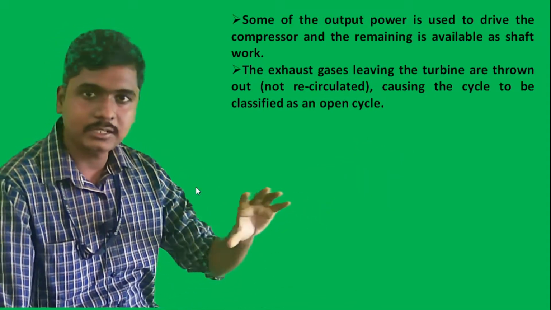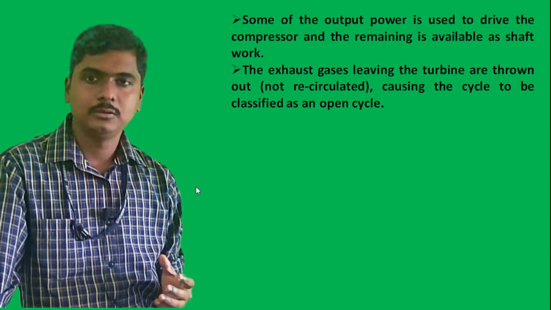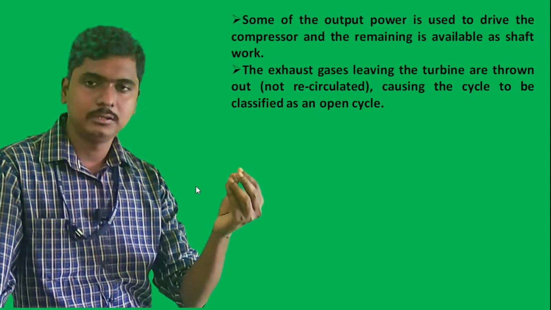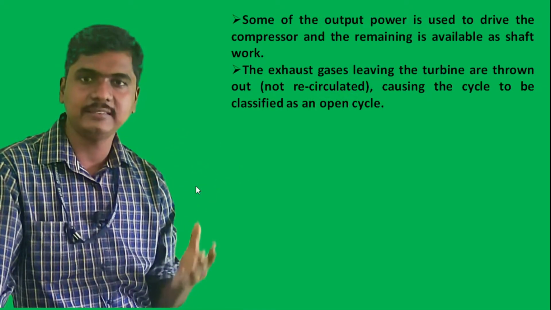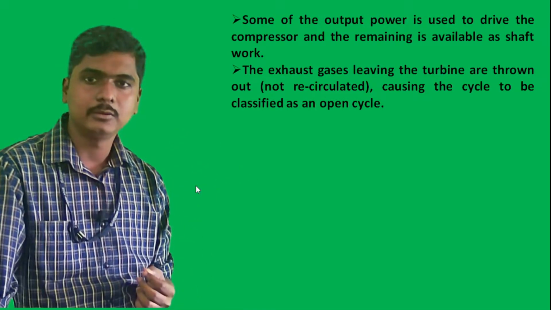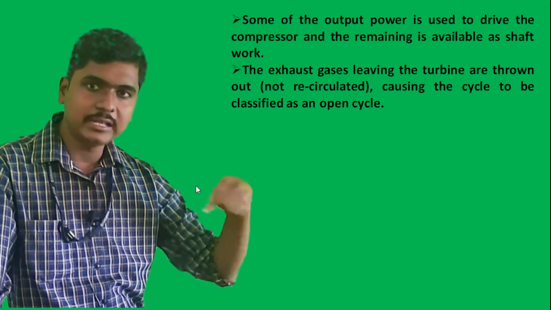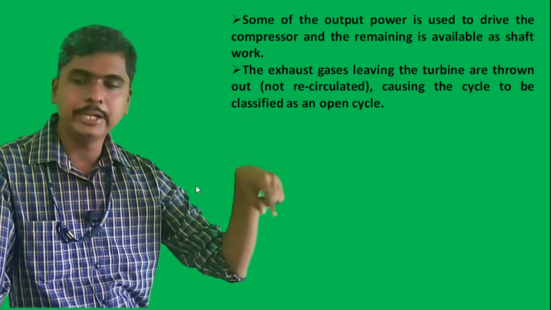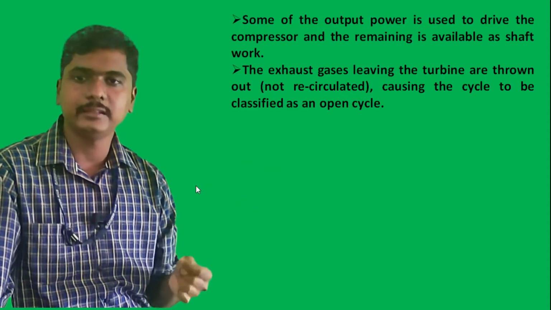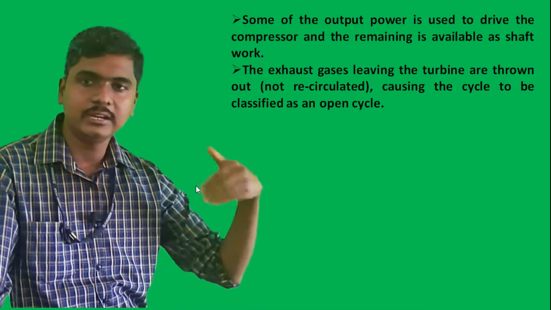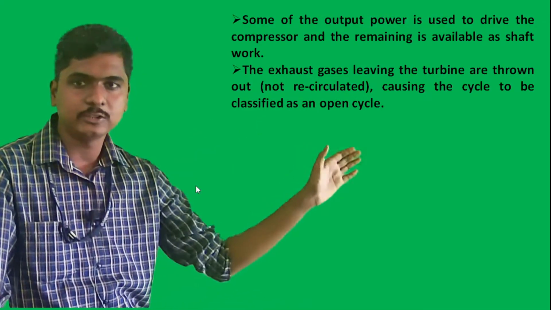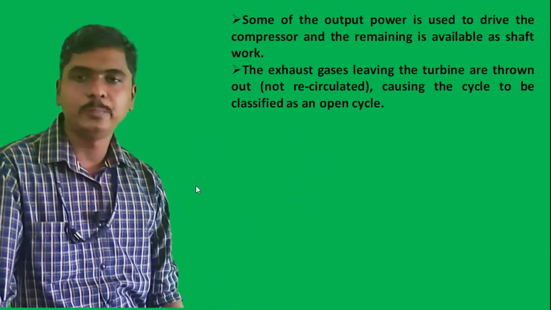Whatever exhaust gases we get from the turbine, we are not going to circulate once again. The exhaust gases from the turbine we are leaving to the atmosphere, and that's why this cycle is an open